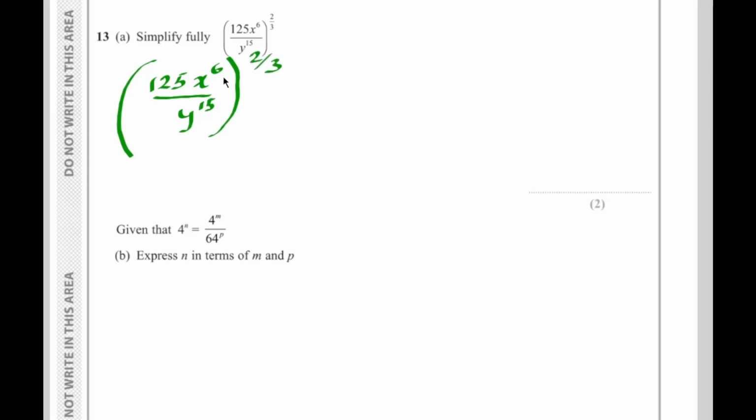Now remember, when there is a power outside the bracket, this power should be applied to each and everything inside. Here you should know that 125 is to the power of 1, then this one is applied to 1 and this one is applied to this one as well. Let's see how to apply it. Equals 125 to the power of 2 over 3, because 1 times 2 over 3 is 2 over 3. x 6 times 2 over 3, over y to the power of 15